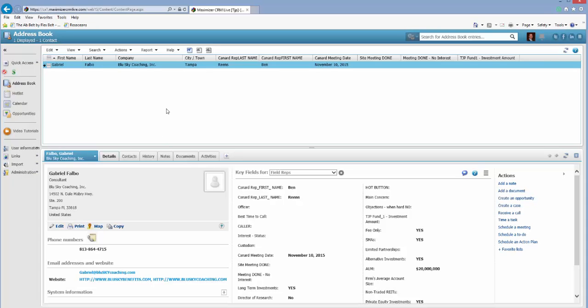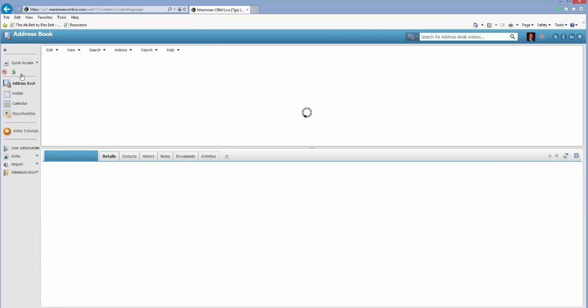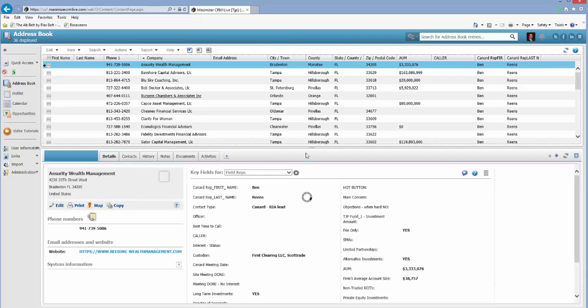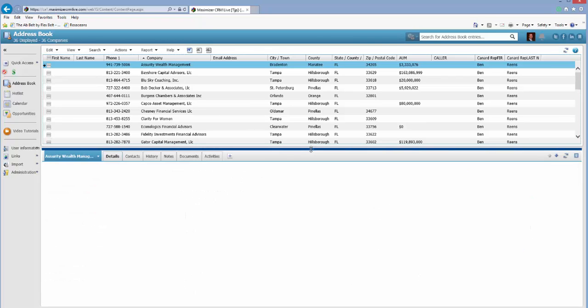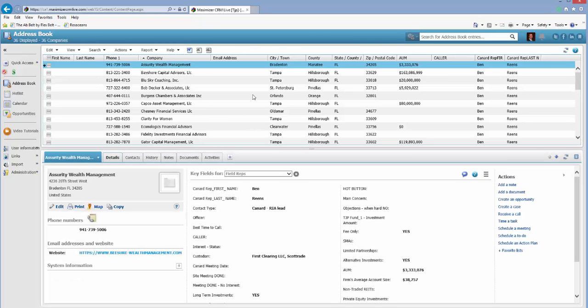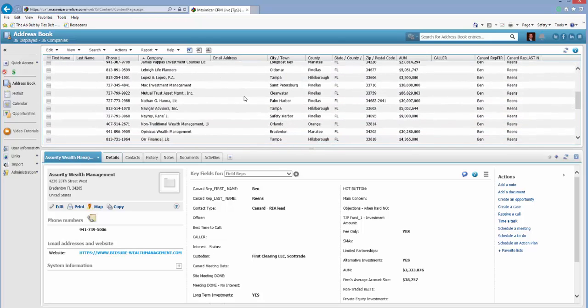Okay, I want to give you a quick tour of Maximizer. There are a couple of changes, and I believe you'll find it much easier to use. Of course, you know, when you click on your $sign, your list comes up. One thing you'll notice differently now is that you're looking at a list of companies rather than companies and contacts